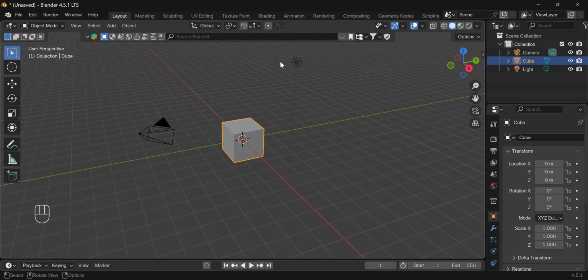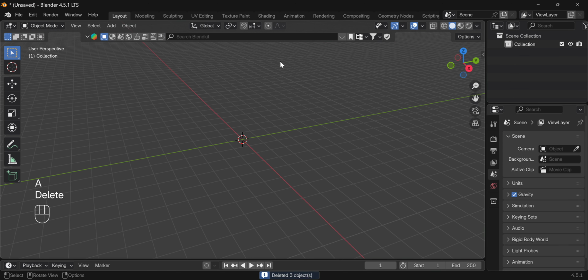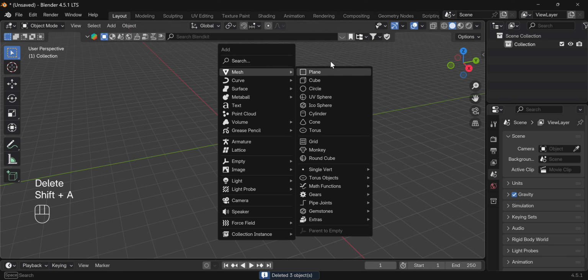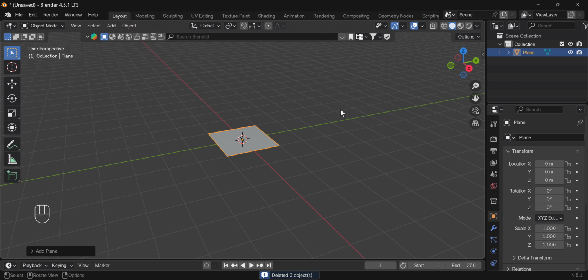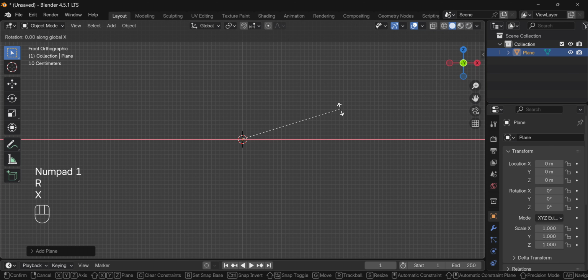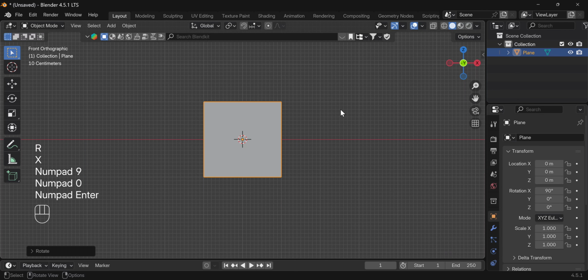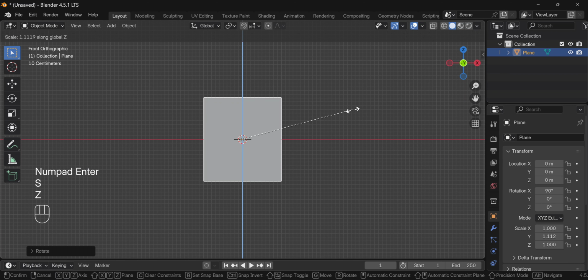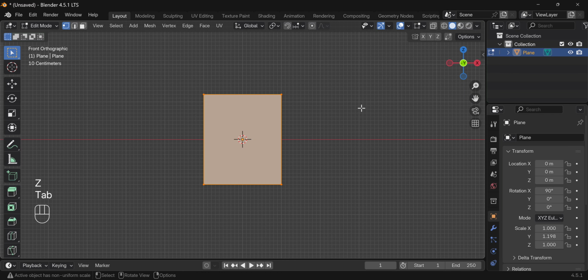Today we are going to make a potato chips packet. For that, press A, delete everything from the viewport, press Shift A, add a plane, and then press numpad 1 to go to front view, then press R X 90 to rotate the plane on the x-axis, scale the plane on the z-axis,